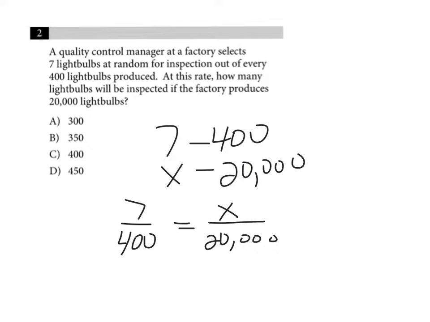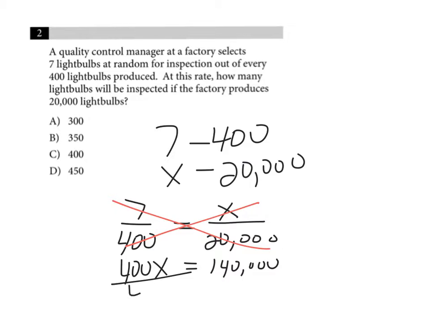Here to solve, we're going to cross multiply, so I have 400x. That's going to be equal to 7 times 20,000, or 140,000. And here we're going to divide both sides by 400. Now this particular question came from a section where you weren't allowed to use your calculator. So just to review long division, we're going to go 400 into